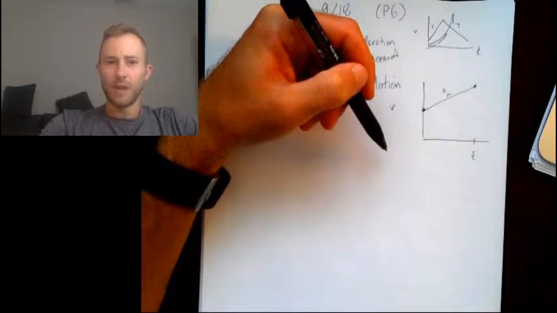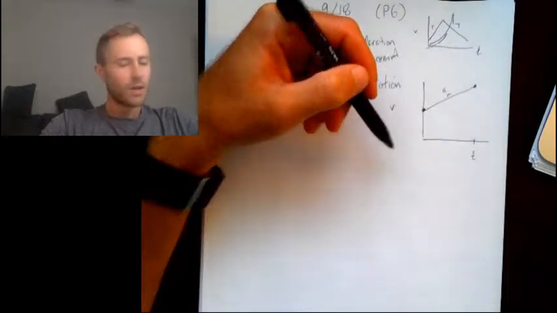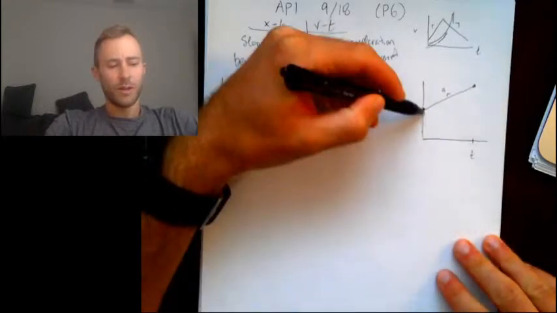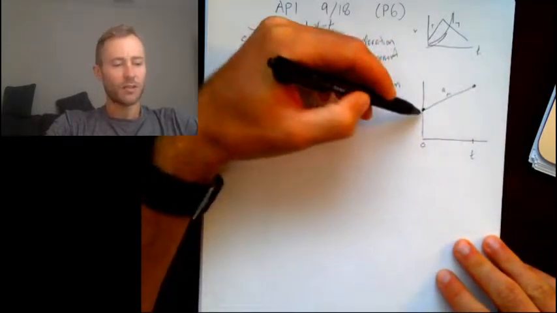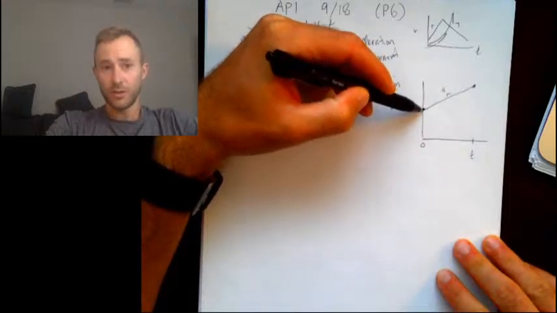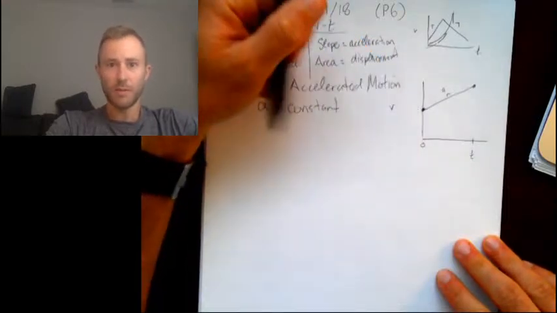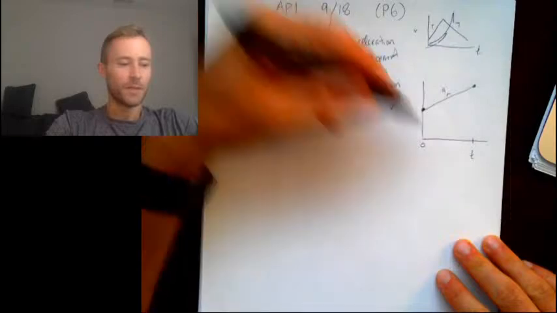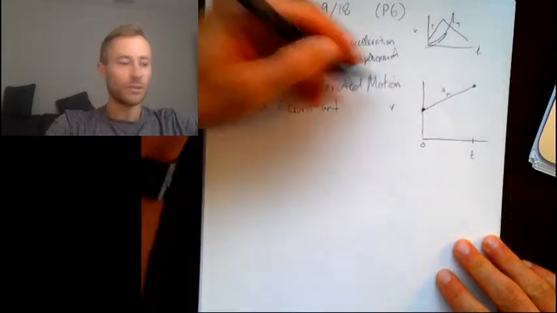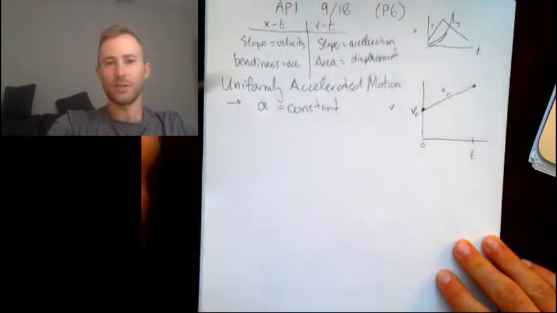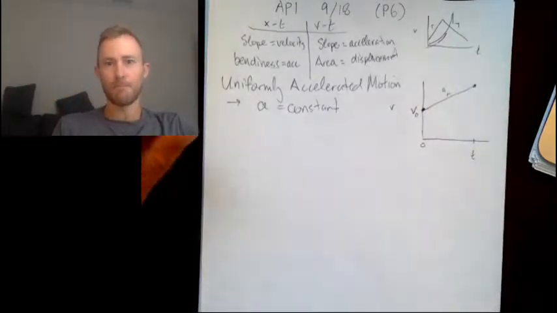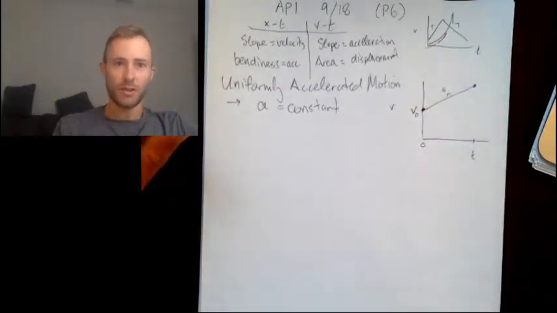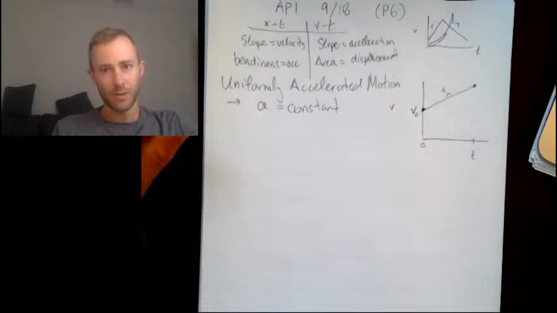So I can see in the live chat, yeah, so what we have here is where this is time 0. So where this line crosses the v-axis is the velocity when time is 0. So this is the initial velocity. Okay, so that is the meaning of the y-intercept in a velocity time graph, if you will. Okay,